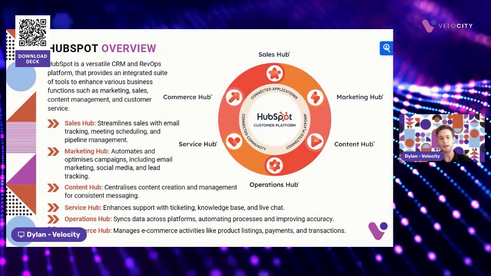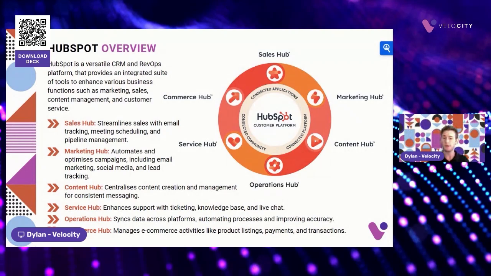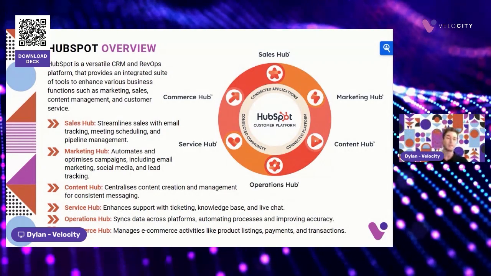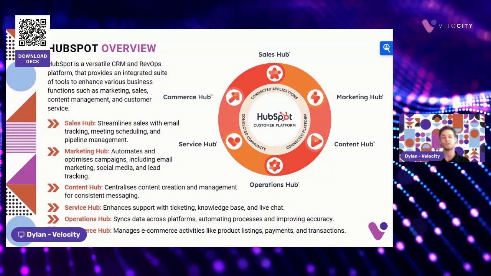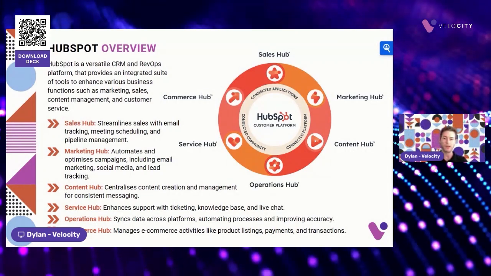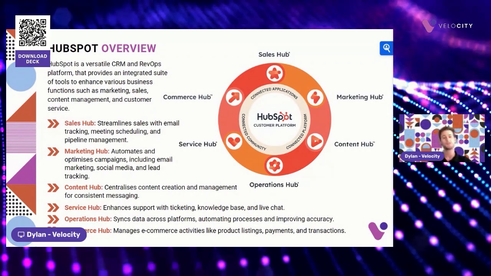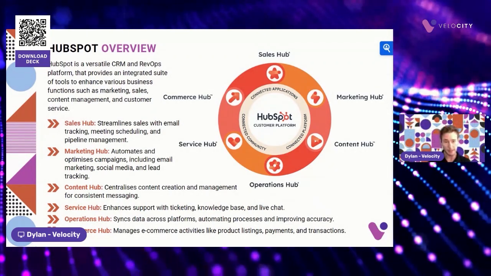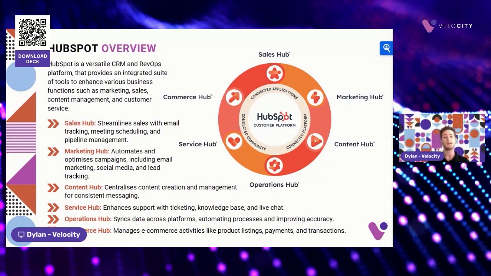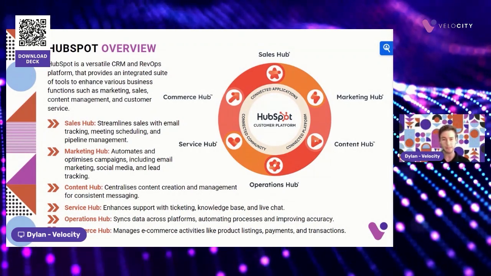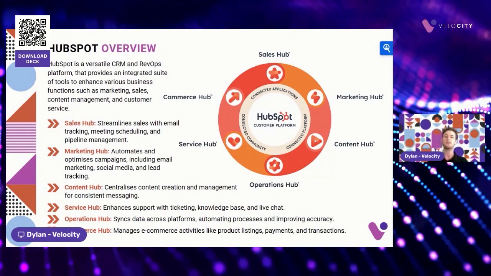Operations Hub is there to ensure seamless data flow across various systems. This could include things like your SIS or your LMS systems. This hub integrates your data, ensures smooth and efficient operations across the board. Content Hub is formerly known as CMS Hub. It's there to manage and optimize your content in one place. So this hub provides tools for building dynamic portals, websites, content, and just delivering a more personalized experience to your